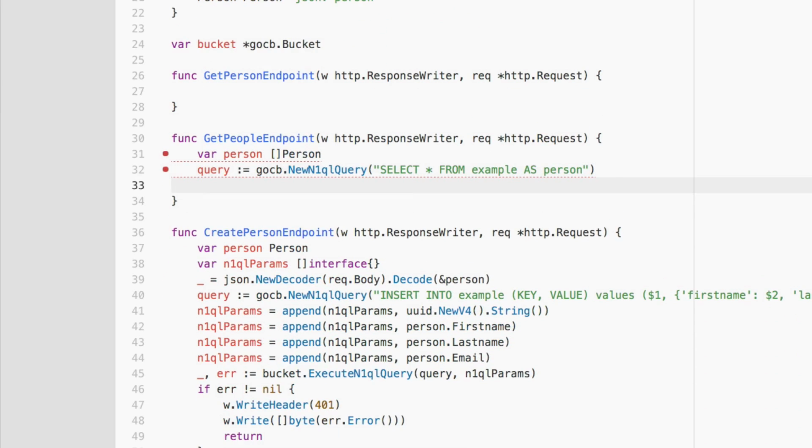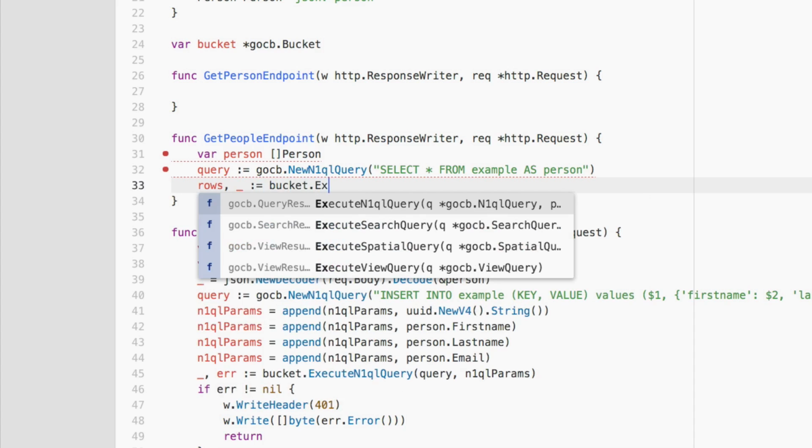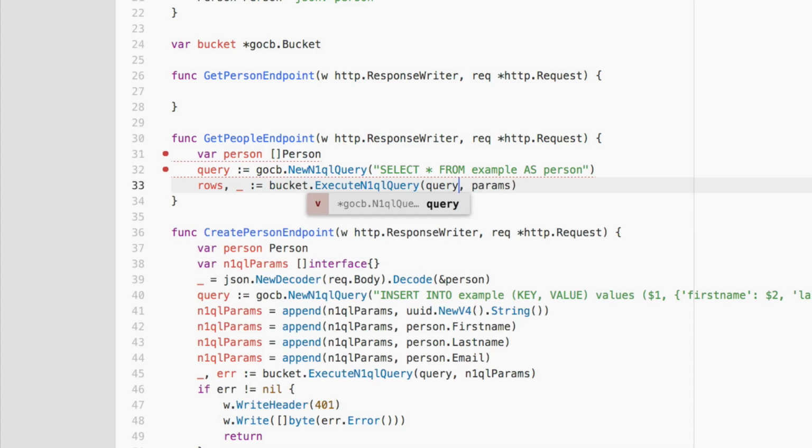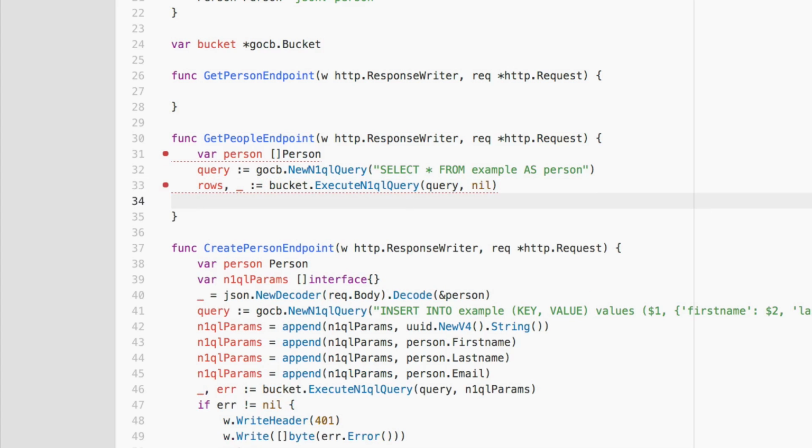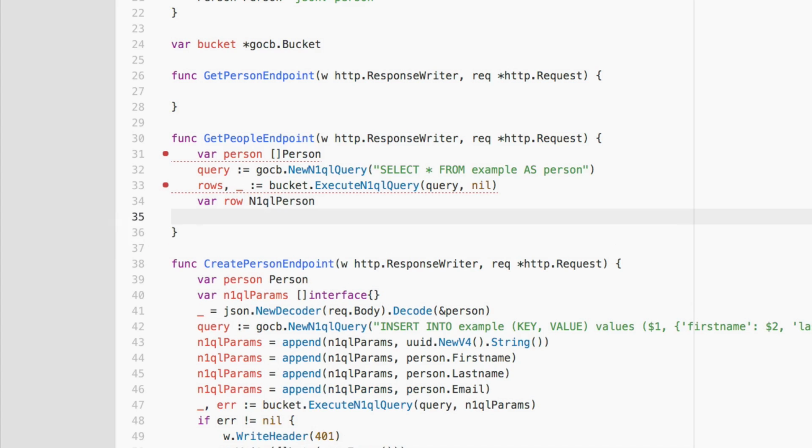So what we want to say is the following. rows, because of course we're going to expect an array of data. Underscore, because we don't really care about what the error is in this case. Equals bucket.ExecuteN1qlQuery, where we're going to pass in the query. And in this case, there's no params, so we're going to leave it as nil. All right, so now we need to handle the result. So we're going to say var row N1qlPerson. So remember that it has an exterior wrapping to it, like we just saw. What we're going to say is for rows.Next